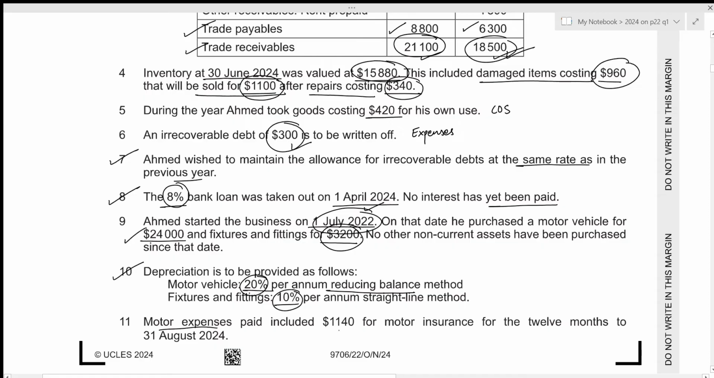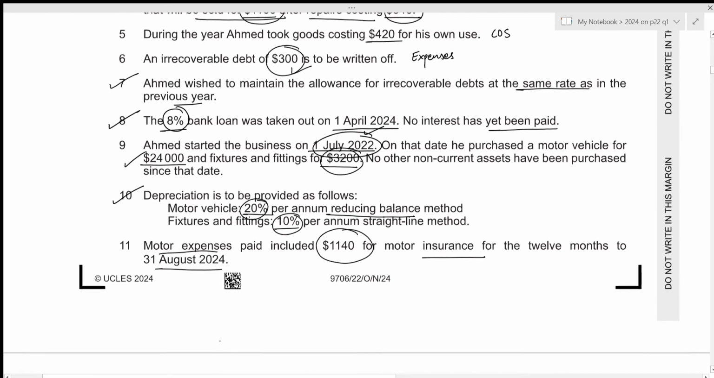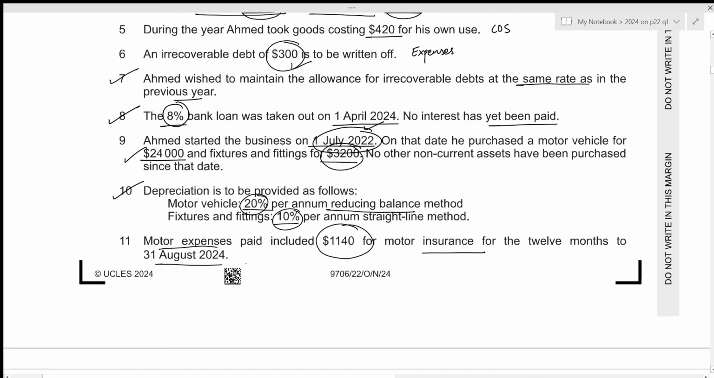Motor expenses paid included 1,140 for motor insurance for the 12 months to 31st August 2024. So 12 months to 31st August 2024 includes September of 2023, October, November, December, these 4 months for 2023, and for 2024 it includes the months of January, February, March, April, May, June, July and August. So that will be 8 months for the year